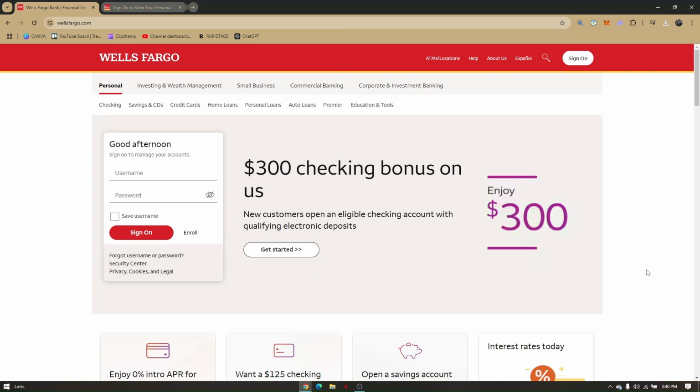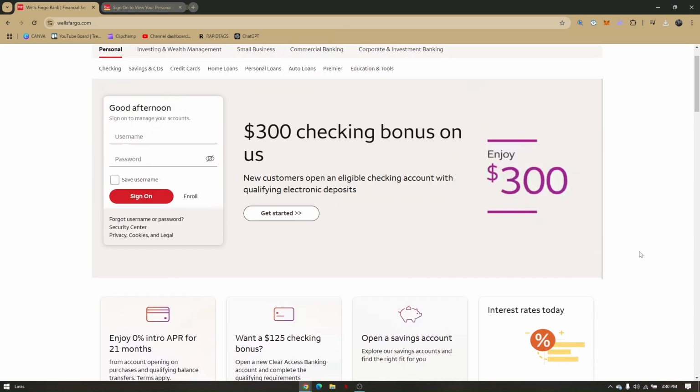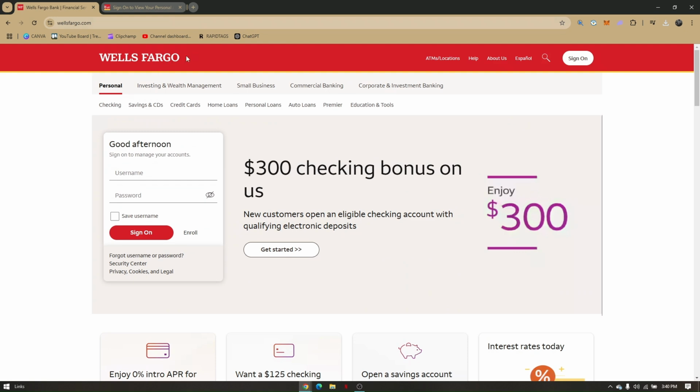How to find Wells Fargo's card number. Now this is very easy and quick. Now on your mobile phone, the first thing you'll have to do is just to download the Wells Fargo's application